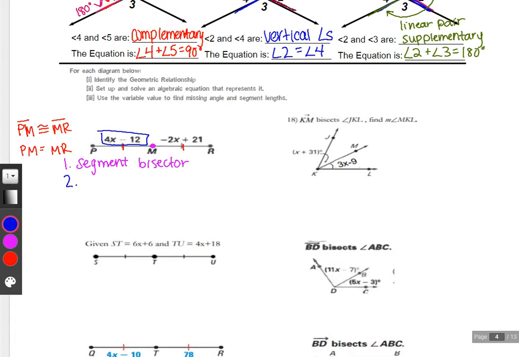I'm not sure what that says. I think it is plus, I think I'll just put minus there. So we have 4x minus 12, and then plus negative 2x plus 21. I added things, so I'm not going to do this. I think this,